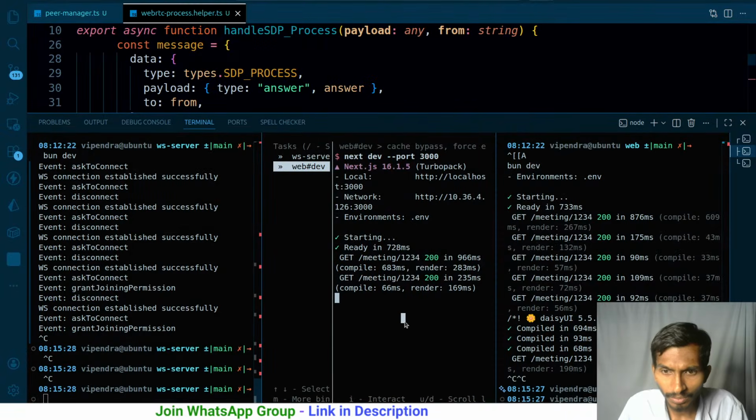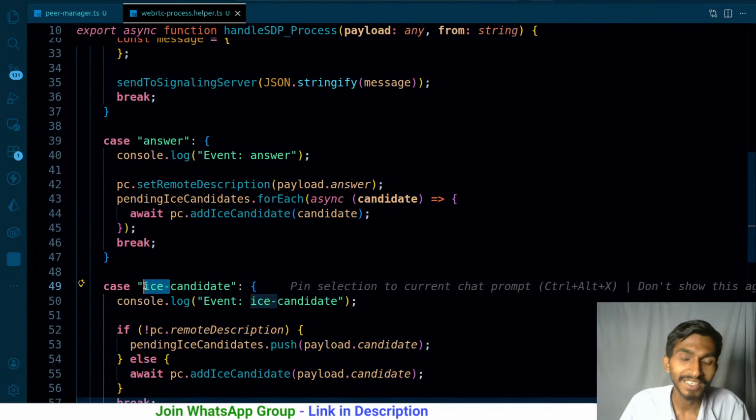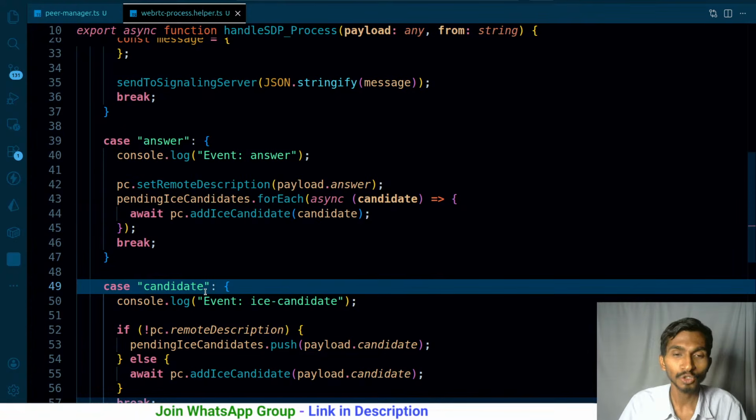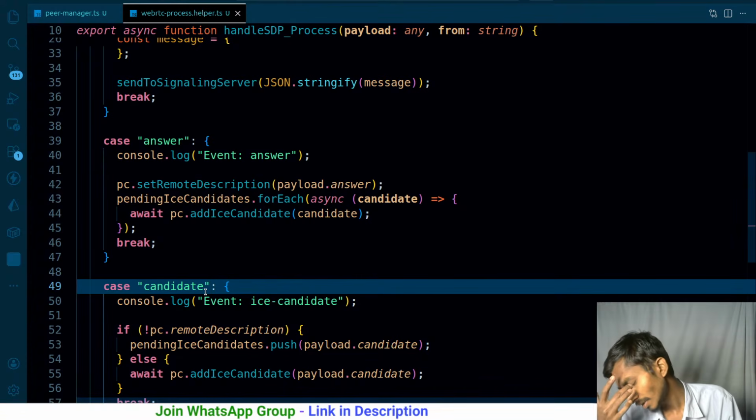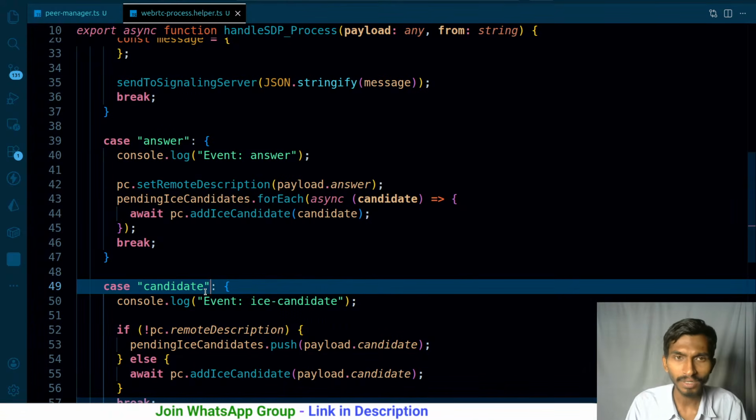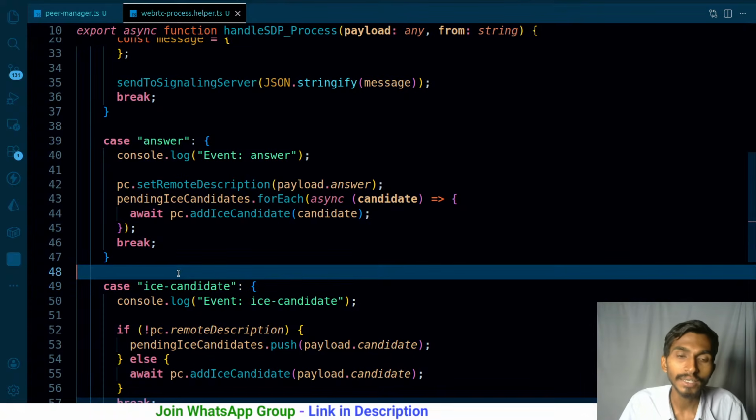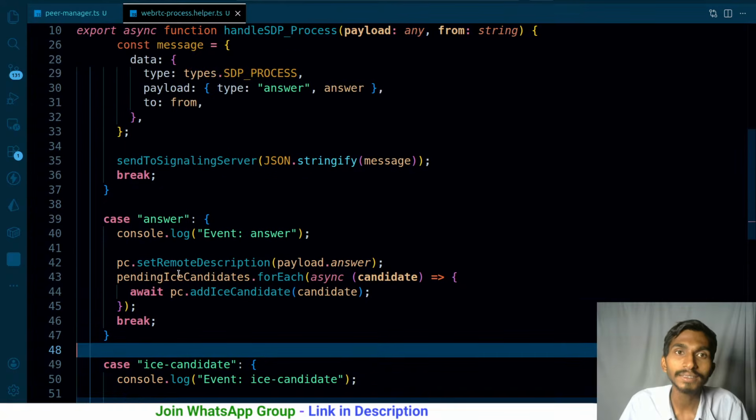So there is something missing. Candidate. Am I crazy? Seriously, how many mistakes have I made? This should be just the candidate. Or the type can be ice candidate. What should be the type? Let me make it candidate. That doesn't really matter. Or if I'm making it ice candidate, then whenever I'm sending the ice candidates,